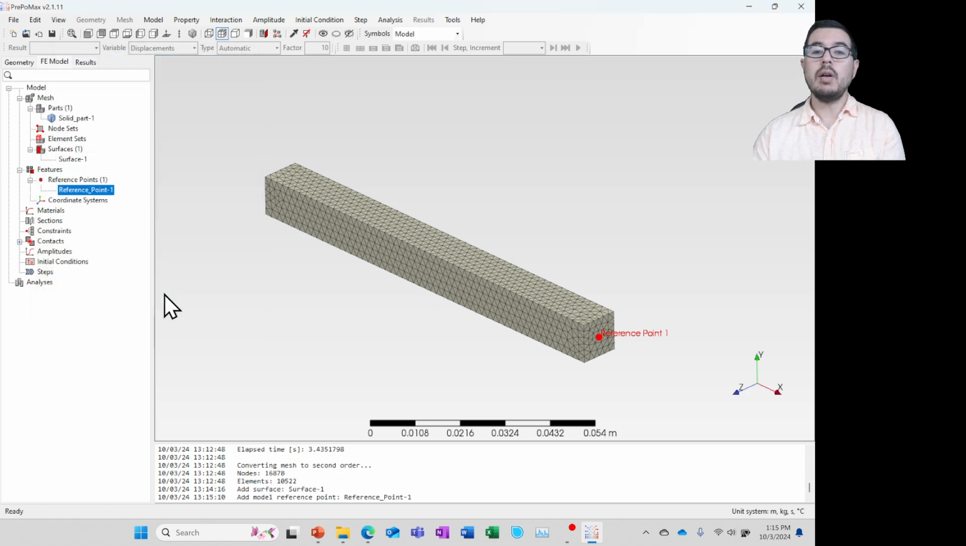Okay, so now I've created this reference point and I have the surface. In a little bit, I'll tie them to each other. But let's go down a little bit,